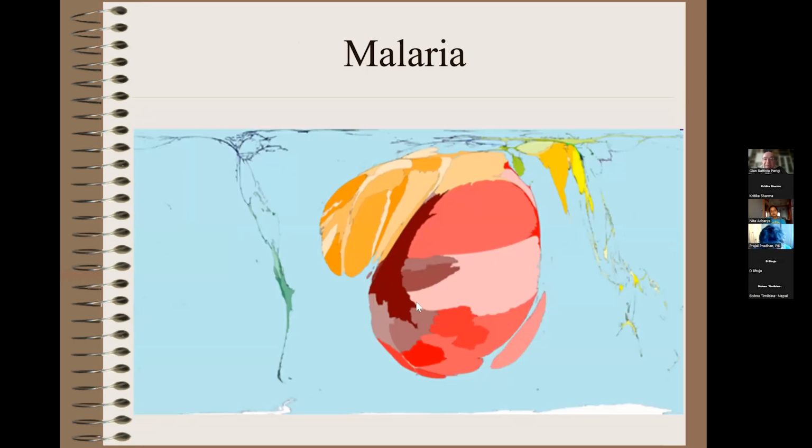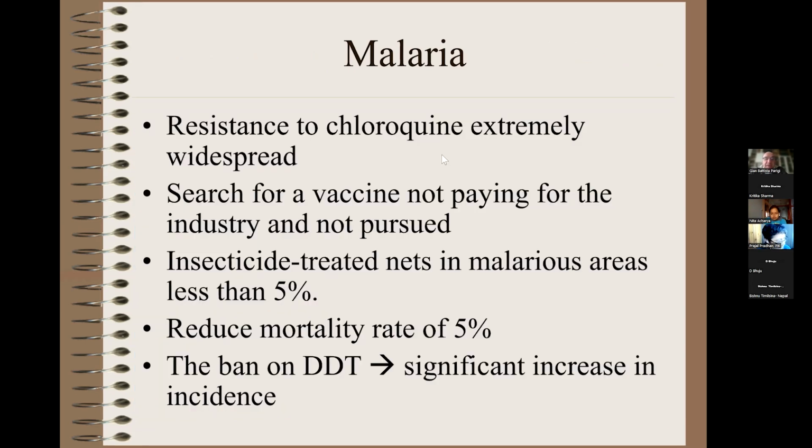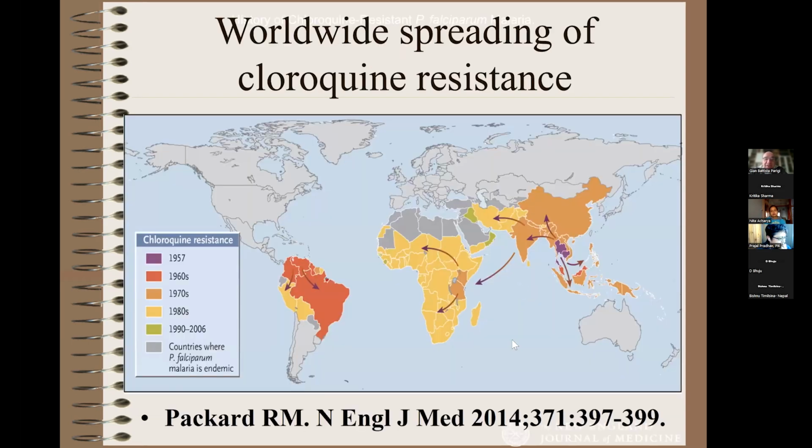Malaria, don't speak about malaria. Luckily, you don't have this kind of problem. In Africa, it is still an enormous problem. Again, for malaria, when we are discussing the problem, the chloroquine now, there is no more. All strains of Anopheles are resistant to chloroquine. No one is looking for a vaccine, and so on and so forth.